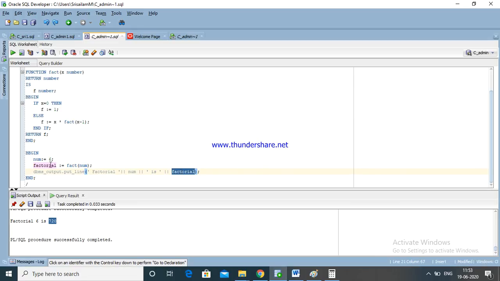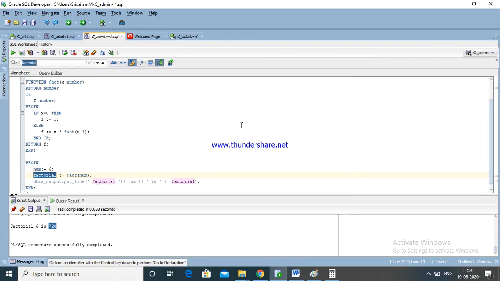This is a total. Here we are calling the name, same way factorial. This is the beginning where we declared this factorial. We declared this as factorial.